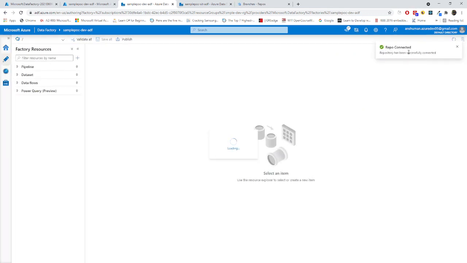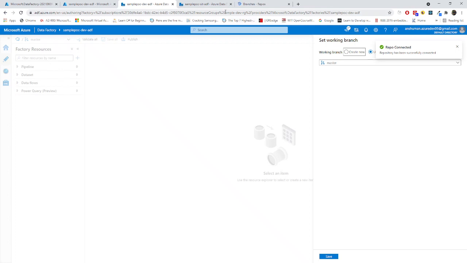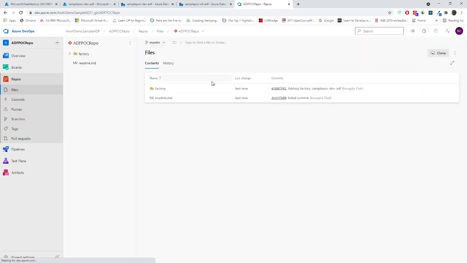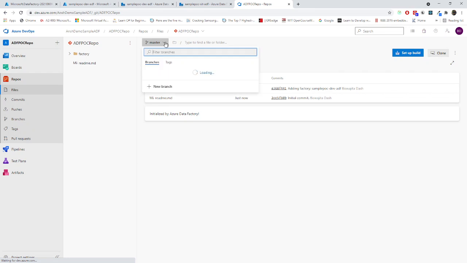Now the repo has been created and connected. If I go here and use these files in the repo, you can see that I have already created one master branch. So the master branch has already been created, but the ADF publish branch has not been created until now. Why?